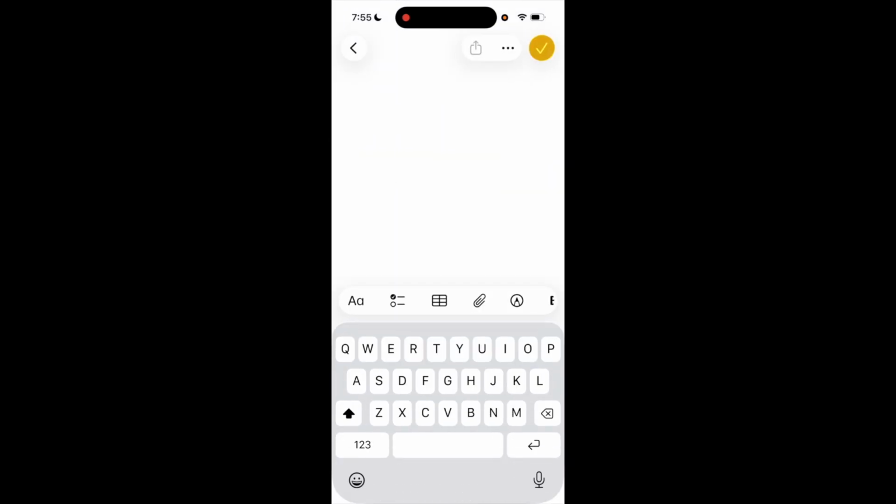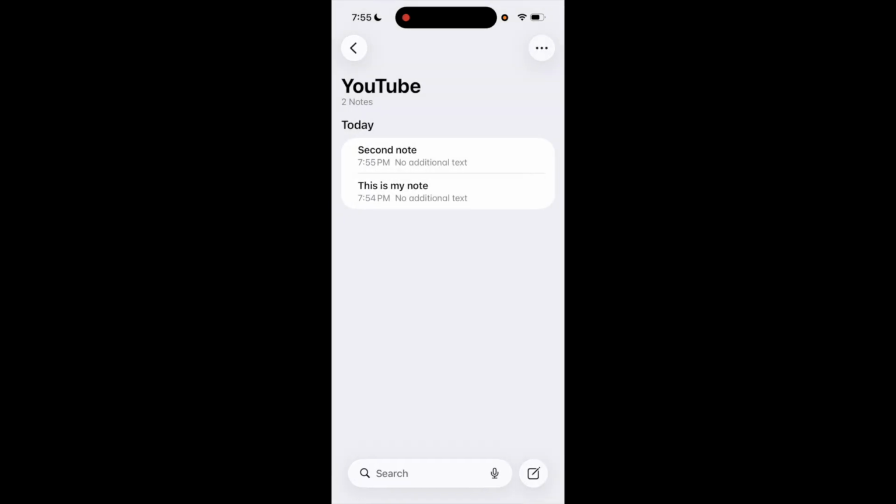Now for simplicity's sake, I'm going to create another note right here. So I'll just type this one, second note, just like that. So as you can tell, I have the second note, I also have the first note, but if you wanted